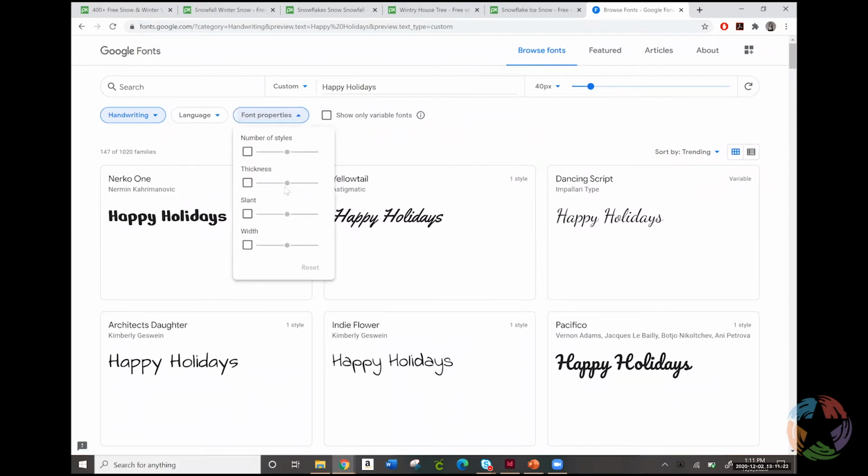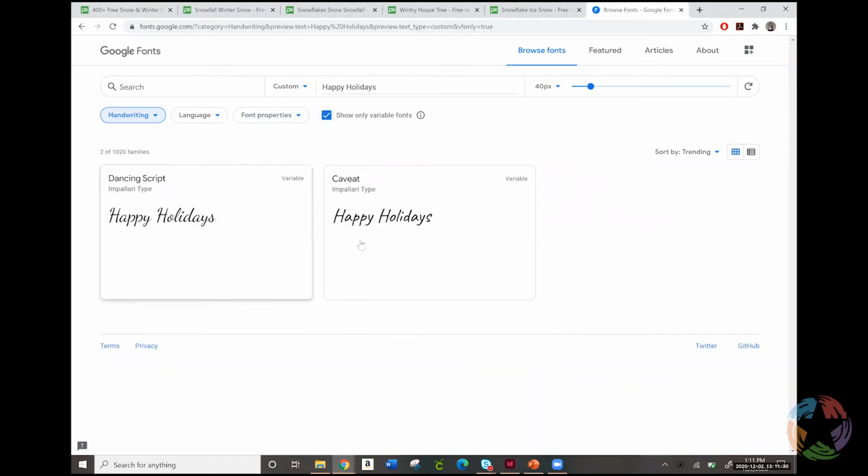You can specify a thickness, a slant, width. I personally really love variable fonts. Those are fonts that you can adjust the width and height. And they're also normally an open sans font, which means that Adobe will